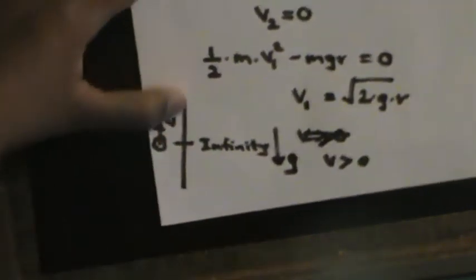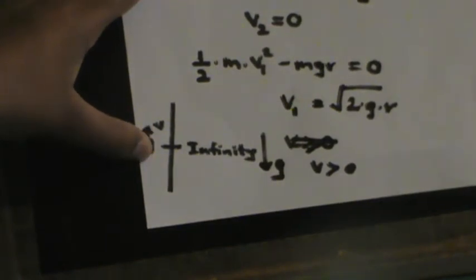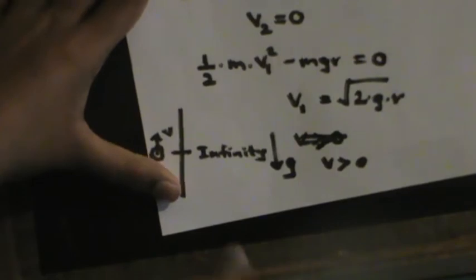Now, if the object has a positive velocity, that means the object still has an acceleration in this direction. Actually, a deceleration, because gravity is acting down. But the object has some velocity at this point, so if it has some velocity at infinity, the object will continue to move in this direction. Infinity is the maximum point from the surface that an object can go. If you are projecting an object from the Earth's surface, infinity is the maximum point at which the Earth can hold this object.